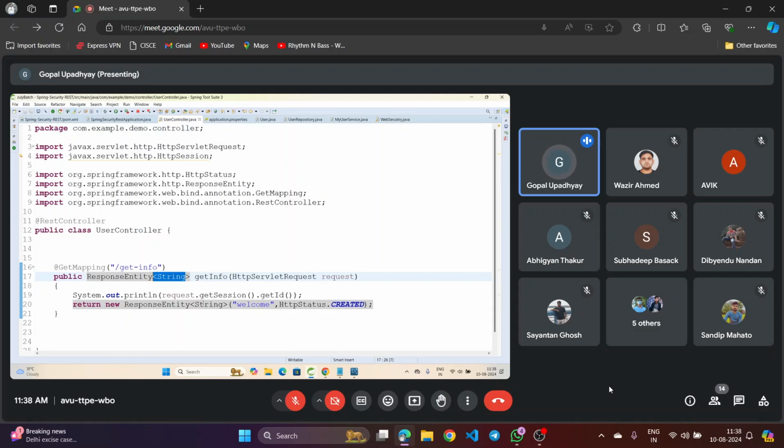लेकिन मैं चाहता हूं कि उस वेलकम स्ट्रिंग के साथ कुछ स्टेटस कोड भी भेजूं, वेब स्टेटस कोड, कि ये क्या हुआ है, क्रिएटेड है कि डिनाइड है कि क्या है। जैसे 404, 200, ओके, ये सब स्टेटस कोड वेब एप्लीकेशन में आते हैं। तो हम रिस्पॉन्स एंटिटी क्लास टाइप का रिटर्न टाइप यूज कर सकते हैं। ऑब्जेक्ट जब भी हम बनाएंगे, मान लीजिए कस्टमर ऑब्जेक्ट या लिस्ट ऑफ ऑब्जेक्ट इसका रिटर्न टाइप है, we are able to pass that, and हम अपना स्टेटस कोड भी भेज सकते हैं।